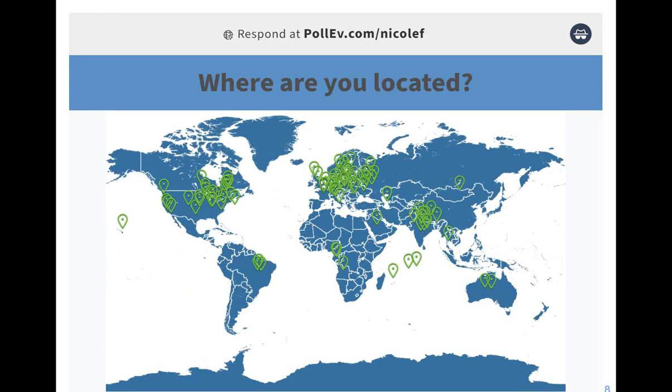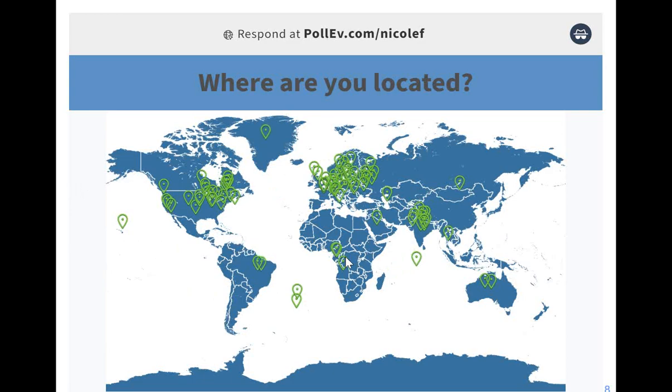Absolutely. So I'm very happy to see and encourage that there is successful logging into the Poll EV platform, as well as people are responding. They're not shy, they're participating. And so we expect and we encourage similar participation in the coding exercises. Okay, so wonderful. Thank you very much.